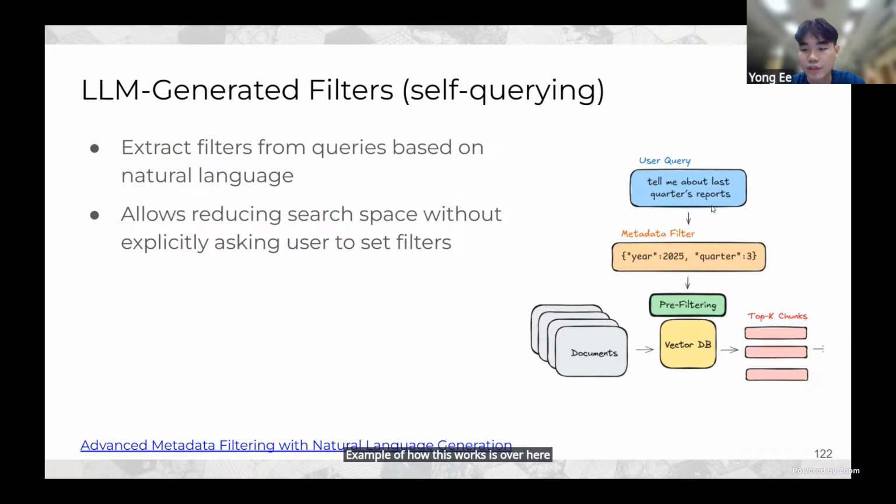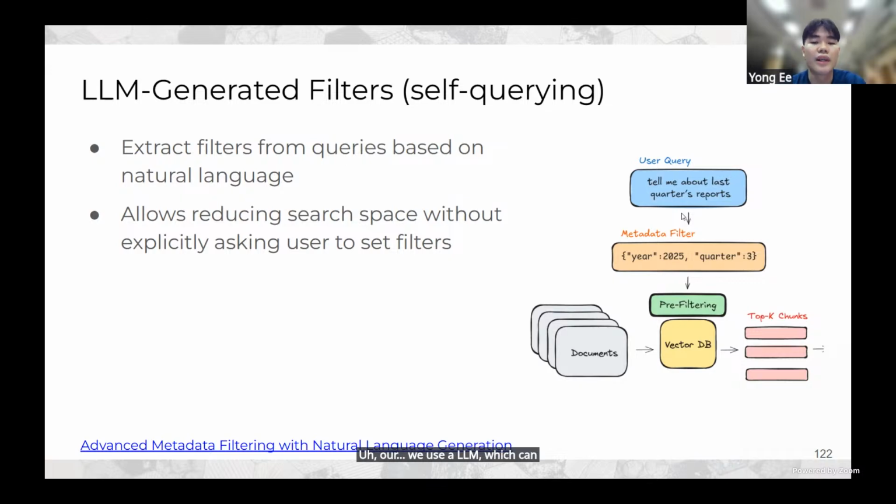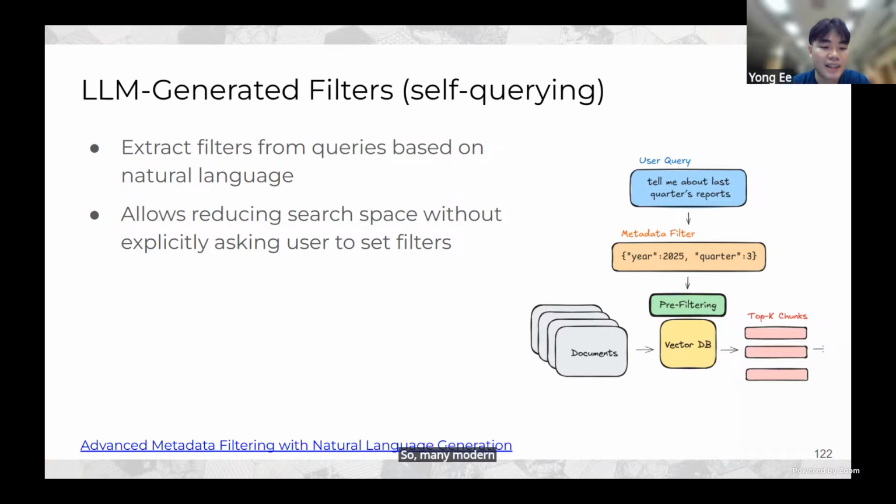If the user asks for last quarter's reports, we use an LLM, which can be a small and fast one because this task is quite simple, to extract this data to form a structured query, where in this case we have year 2025 and the third quarter. Many modern RAG pipelines allow this step to be easily integrated.